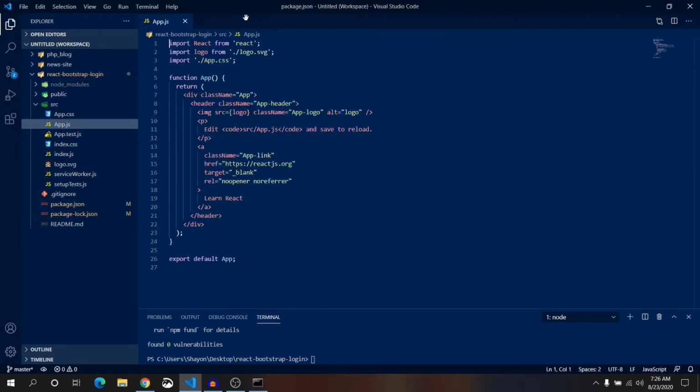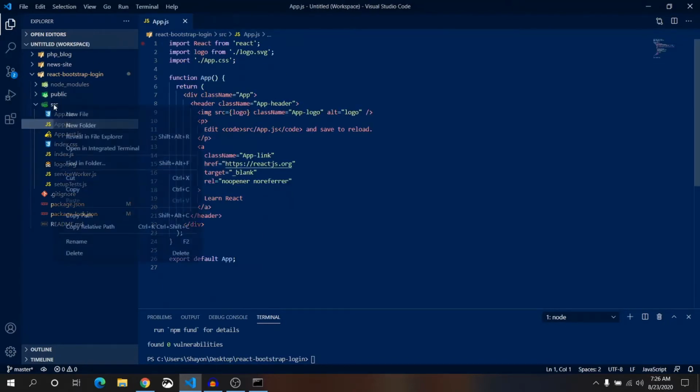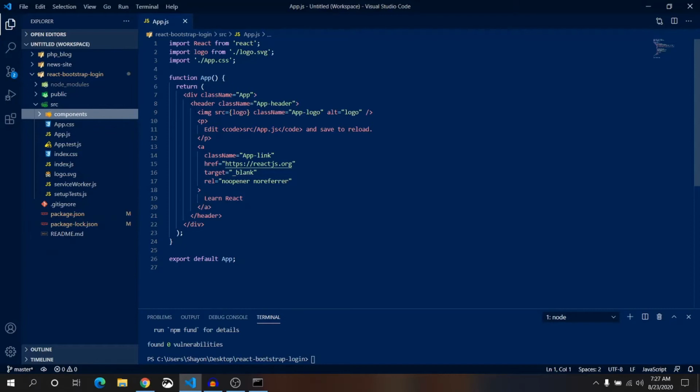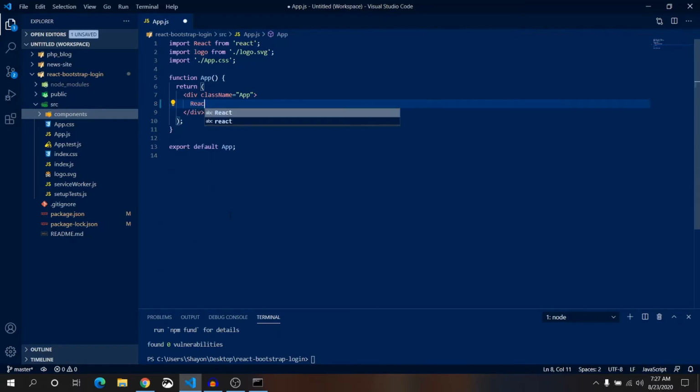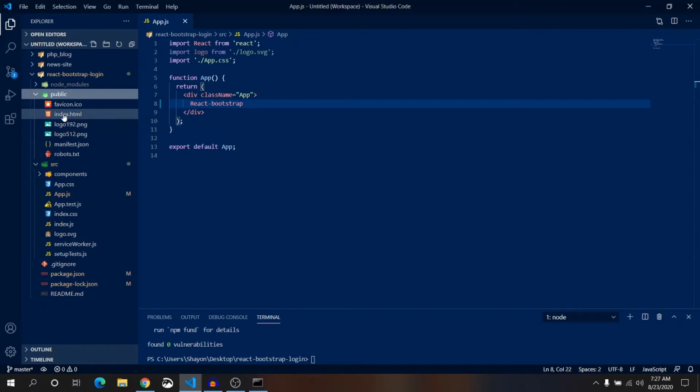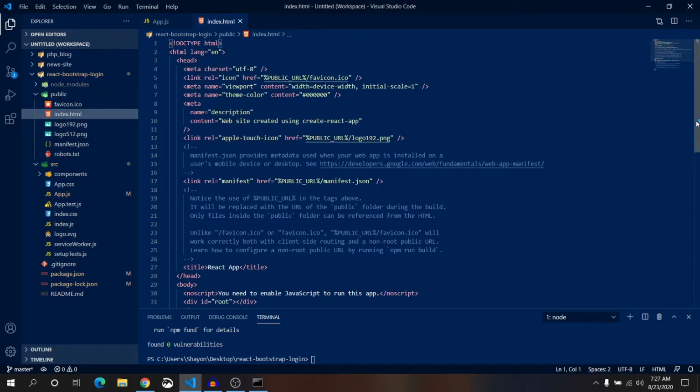Okay, inside the source folder we are going to create one more folder, components. At first in app.js we don't need any header. Let's write React Bootstrap, save it, and in the public folder we have a file index.html.